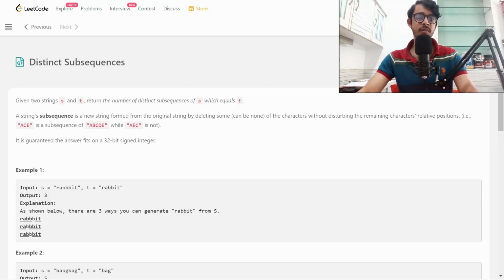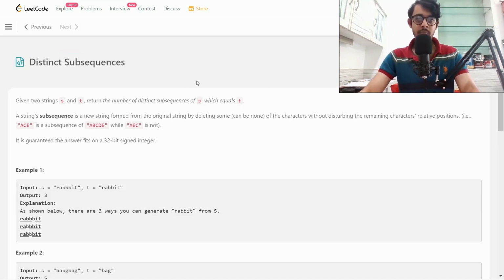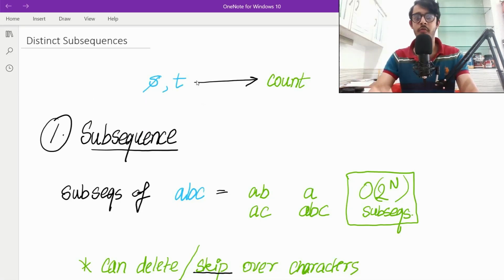In this video solution, we are going to dive into distinct subsequences. It's a hard problem, but we'll soon see how to break it down into a medium one. We'll get to that and how we can actually think about it, the intuitions and the observations required to get there. But first, we'll start with the input-output format.